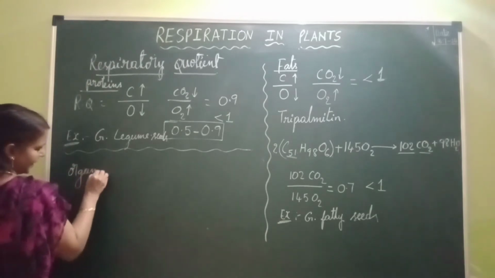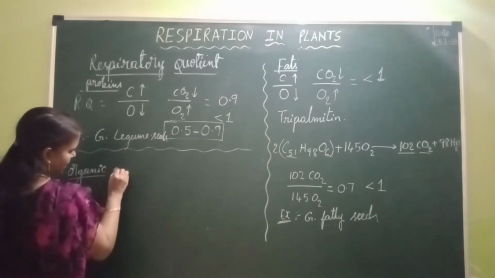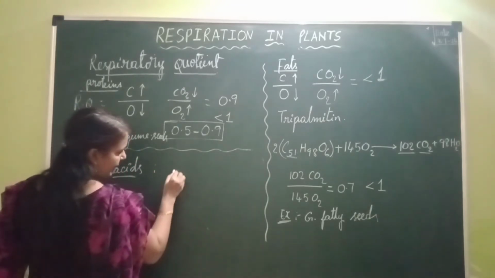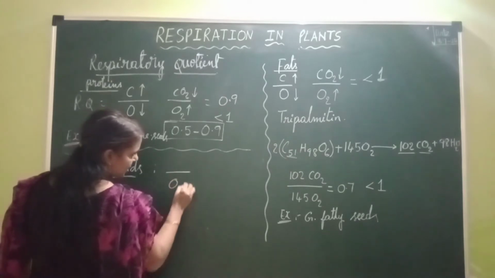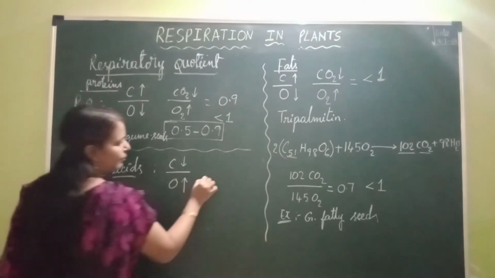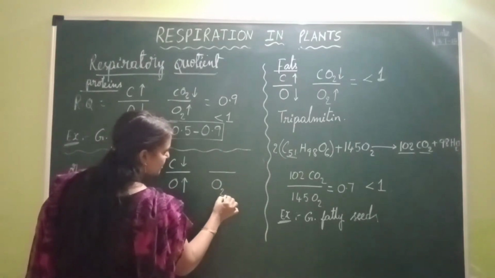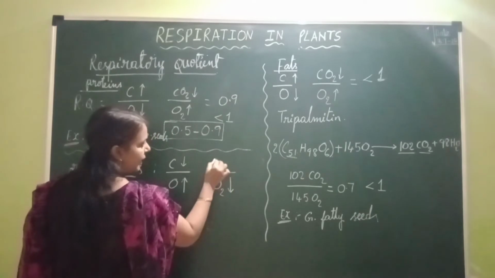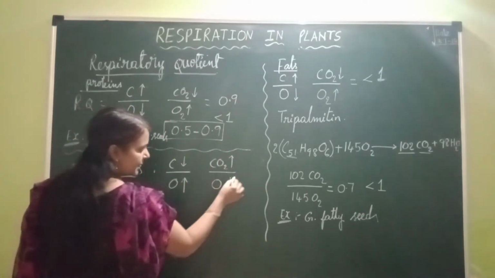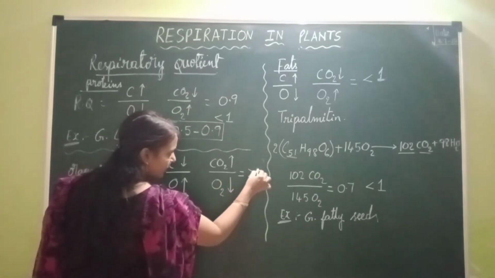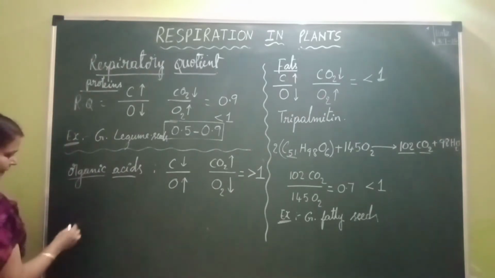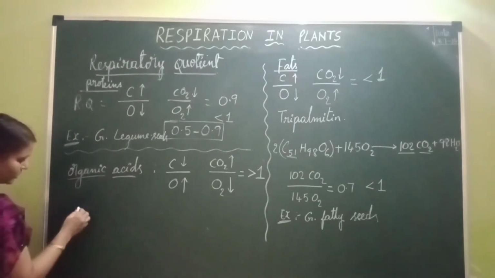Organic acids contain more oxygen than carbon. So in case of organic acids, the amount of oxygen is more than the amount of carbon present in them, and hence the amount of oxygen required for their breakdown will be less than the amount of carbon dioxide released. Okay, so as the carbon dioxide release is more, what will be the RQ value? Greater than 1. Here I am going to cite some examples of organic acids and their respiratory quotient